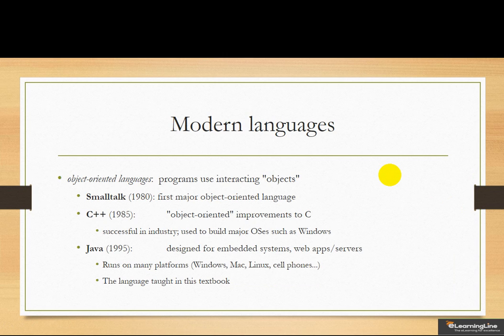Object-oriented programming language programs use interacting objects, right? So Smalltalk was the first object-oriented programming language that was introduced in 1980. After that, C++ came in 1985. It was an object-oriented improvement to the C language. It is still a very successful programming language. Major operating systems such as Windows are built using the C language. Now,